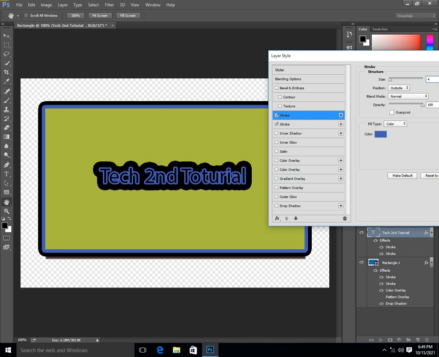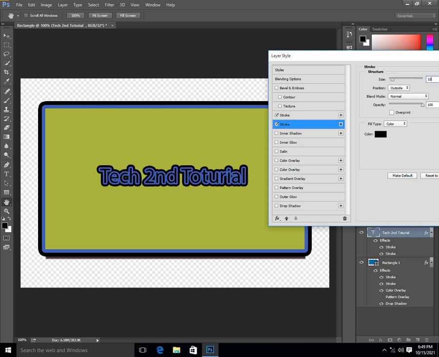And for the next stroke, we set the size to 10. It will look like that. You can set all types of settings on a rectangle and also on text and different types of objects, and control them using this tutorial.